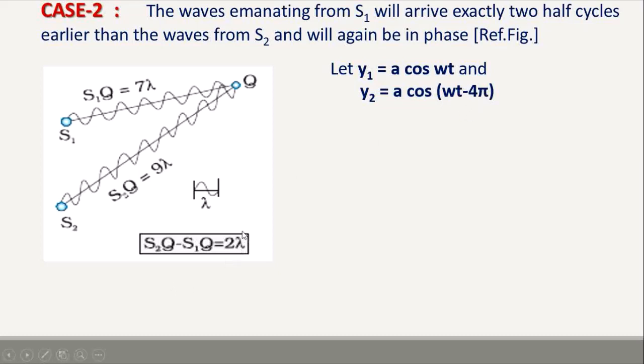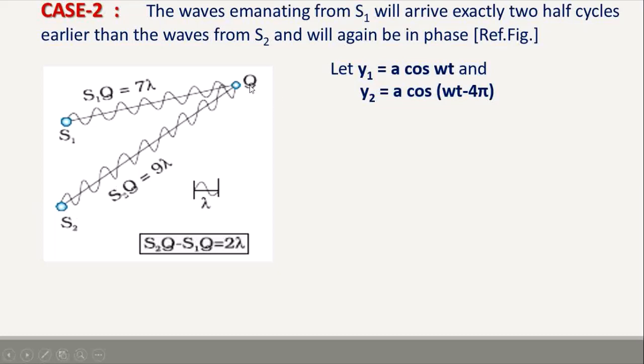We have to express this 2 lambda in terms of phase angle using the relationship between path difference and phase difference that we already studied. So if the wavelength is lambda, then the equivalent phase difference is 360 degrees or 2 pi. If the path difference is 2 lambda, then the equivalent phase difference should be 4 pi. That is why I have taken 4 pi, and I have taken a negative sign because the wave emitted by S2,